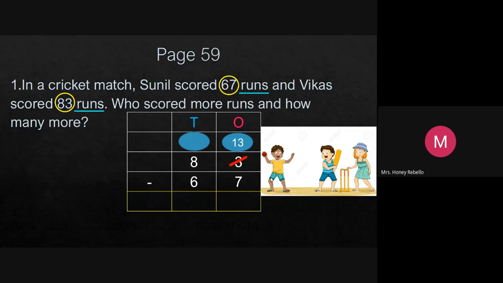Now, 13 minus 7. How to do this 13 minus 7? Tell me. You just say 13 minus 7. No, I don't want the answer. I want you to tell me how to do. After 7, you have to count till 13 on your fingers or keep in your mind. Now, after 7, you count loud now. After 7, 8.